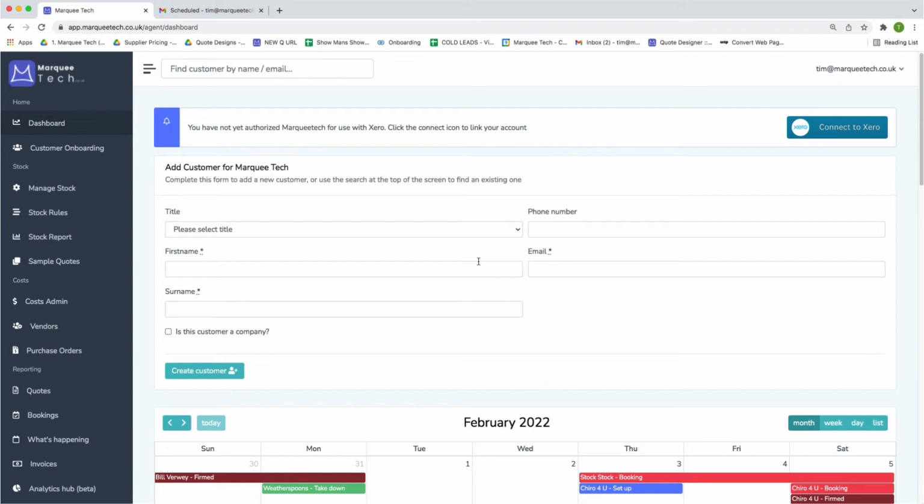Our system is of course cloud-based, which means it works on any device, phone, laptop, Windows, MacBook, etc. And it also means it works wherever you are. So you can work from home, you can work on the move, you can work on site and so on, which obviously gives you a huge benefit over being stuck in the office, because if a customer calls up and you need to make a quote or make a change to an invoice, you have all the information you need at your fingertips. For example, if I scroll down,